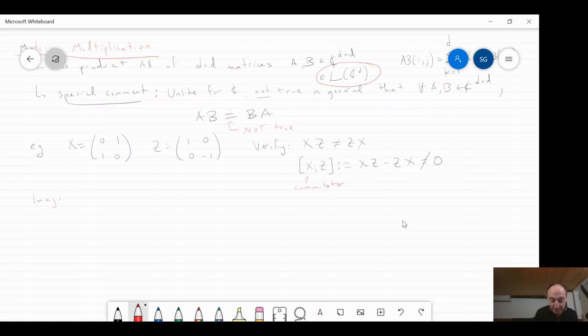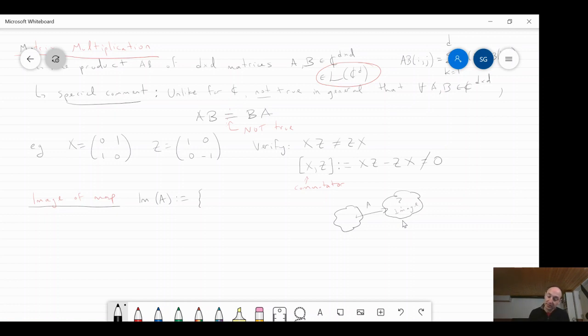So think about the output of a map, like all the possible outputs, as an image. In principle, the notion of an image of a map doesn't need a linear map, but of course, in this course we're talking about linear maps. When I say linear maps, I could equivalently write a matrix, and that's what I'm going to do. So the image of a map is just going to be the set of all possible outputs that this thing could produce. If you think of it as, there's some input space here, and then there's some mapping that takes place, let's say the map A, the question is, what is this map able to produce here? That's going to be the image.